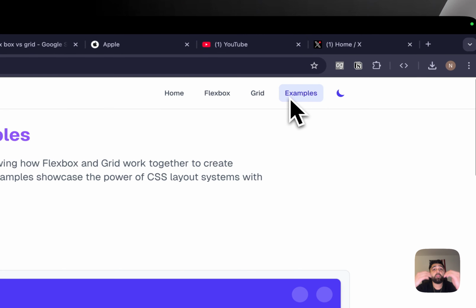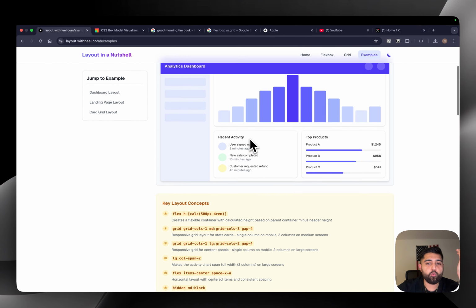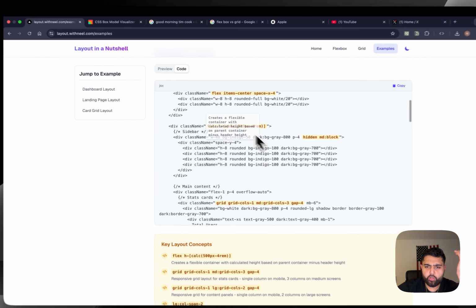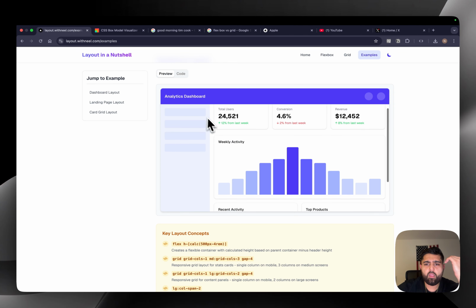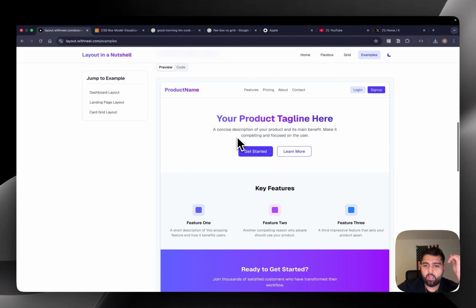But let's get on to something more important, the examples. So you can see here, this is a dashboard, right? How would you create it? Well, I put the code right here so you can check it out, okay? You can look at the important classes and see what they do. But yeah, look, this is how you create dashboard layouts, and this is how you create landing page layouts